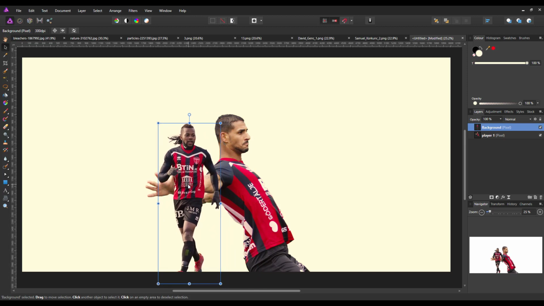Now obviously you want the person you have in the first position at the front of this section. So I'm just going to click and drag this player down. Let me rename that one Player 2. And then I'm going to resize this,